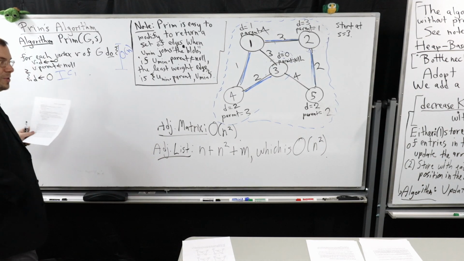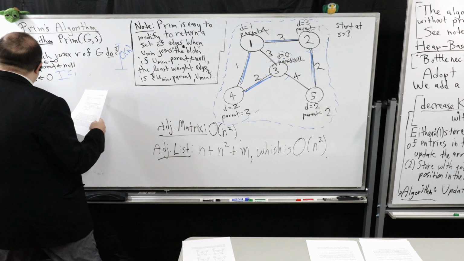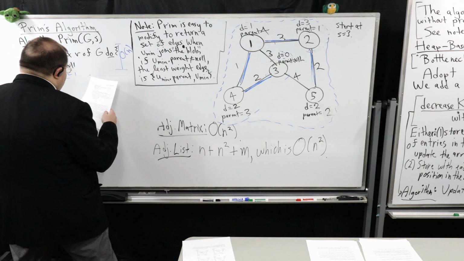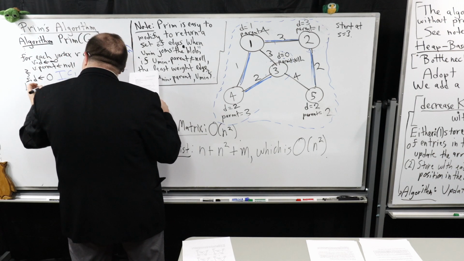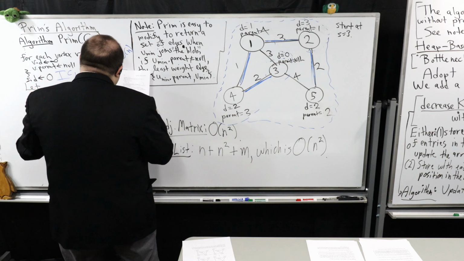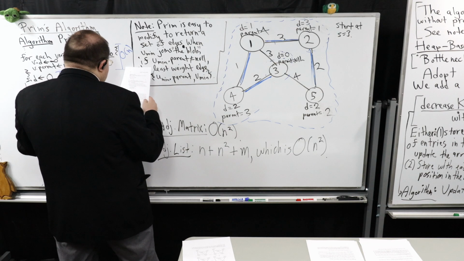Much of this algorithm will not change. It's just that I have to do a couple small things. So the first thing here is I have to initialize a priority queue. After I've set up the initial D value of S to be 0, all I'm going to do now is let priority queue Q